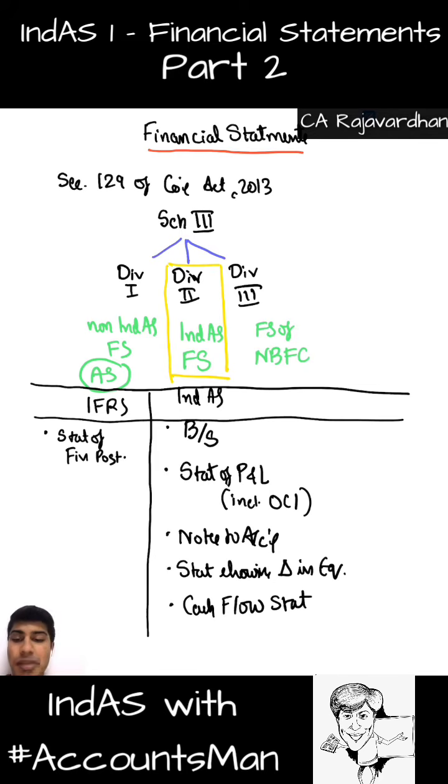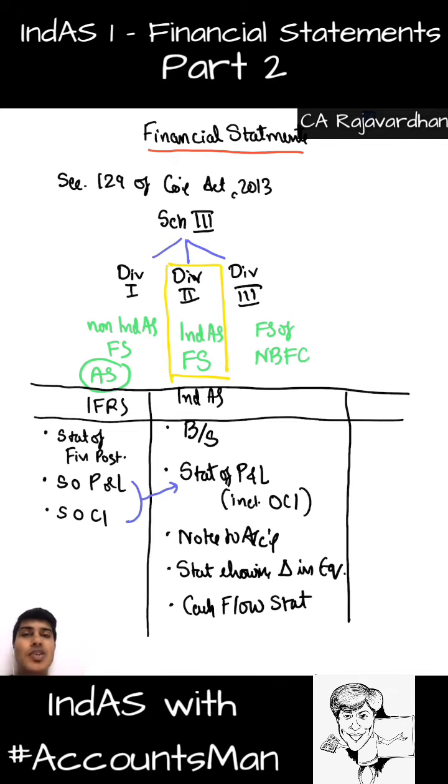After that, the statement of profit or loss under Ind AS will include other comprehensive income. However, under IFRS, they have a statement of financial performance, that is basically the statement of profit or loss, and separately they have a statement called the statement of comprehensive income. So, under IFRS, they prepared two distinct statements: one normal profit or loss, the second one the statement of comprehensive income. However, under our Ind AS, both the statement of profit or loss and other comprehensive income together are covered under the statement of profit and loss. Again, there is a distinction in the name there. Under Ind AS we call it profit and loss, under IFRS it's called profit or loss.